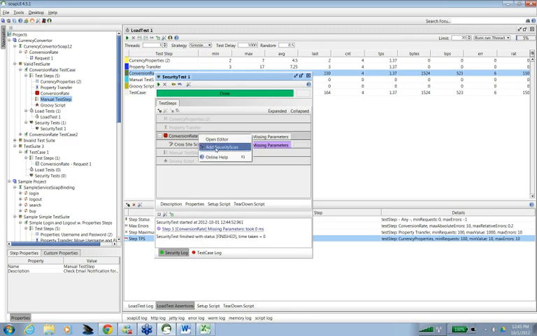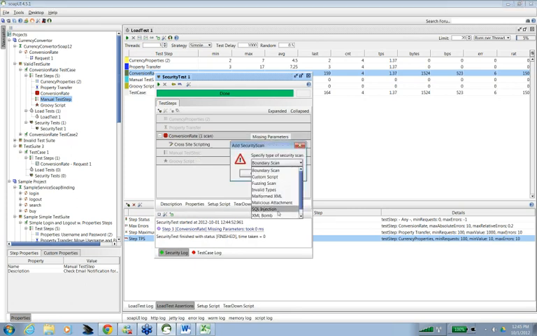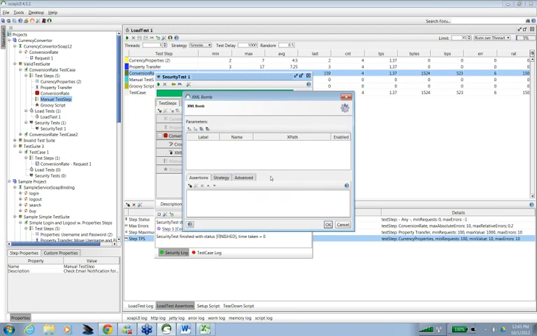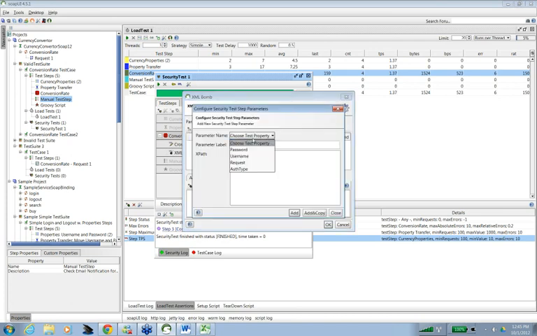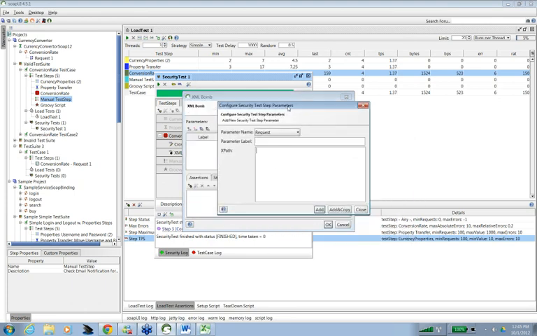Similarly, you can add more security scans. You can use XML bombing or XPath injection on the request.